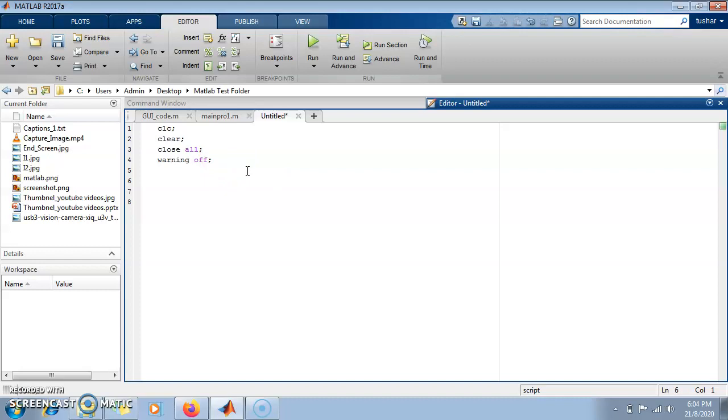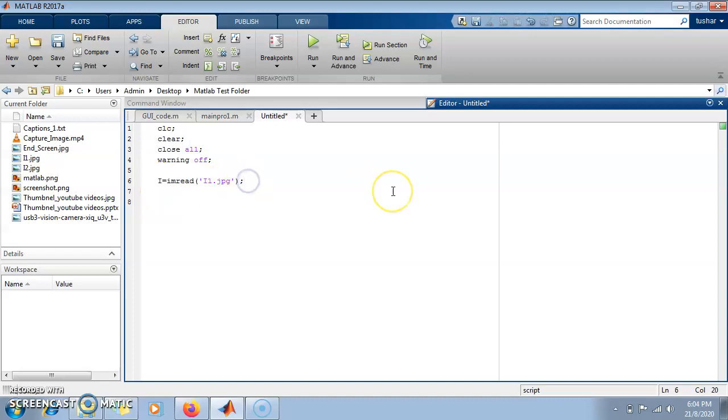Now the command to read the image is directly imread, and you can type the image name here directly. What is the image name? Let's say I will type icon.jpg. Here the user doesn't have a choice to select the image from any folder in your system. Whatever name we enter here, it will search for that image in that folder only, and it will read that particular image into the variable I.